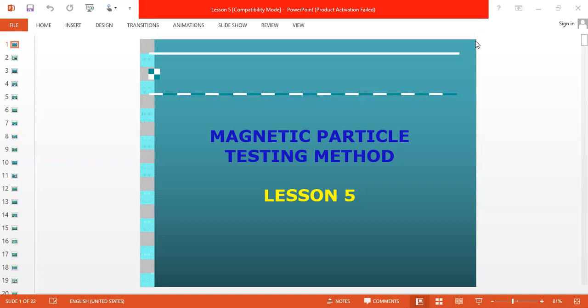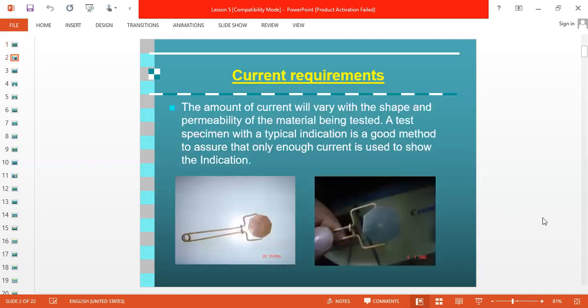Now today's lesson is magnetic field. How we are generating a magnetic field means how we can generate it with the help of current. So the amount of current and type of current will affect the magnetic field, right? If your job size is bigger, then we should use higher current. There is one formula for that. We are going to see how that formula will work and how we can ensure whatever current we are giving is sufficient or not.